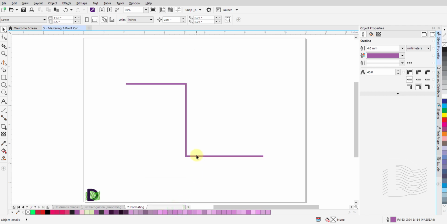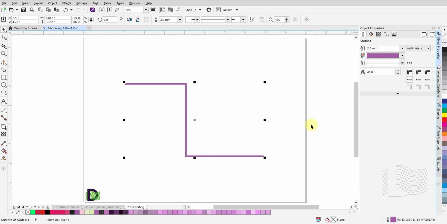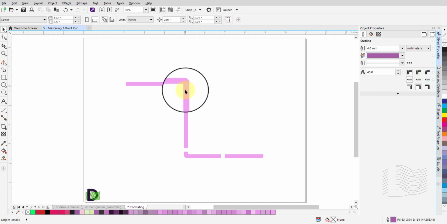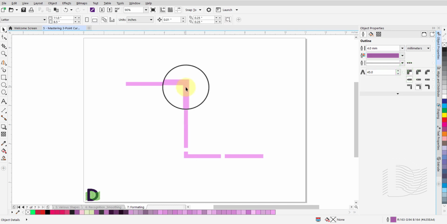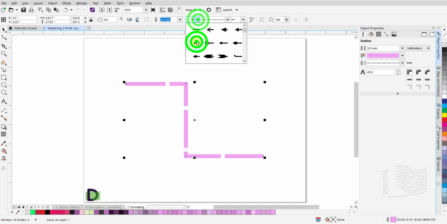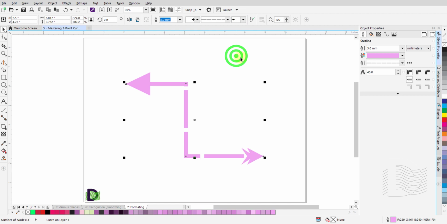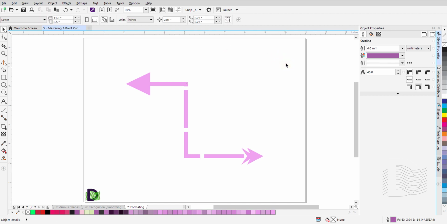Just like the lines and objects drawn using any of the other tools, properties of the lines or objects drawn using the Smart Drawing tool can be changed, such as the outline width, the color, style of the line, type of corners, start and end points, etc. Take your time practicing with these two tools.